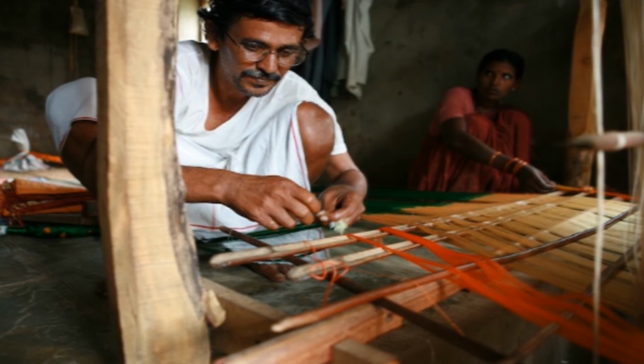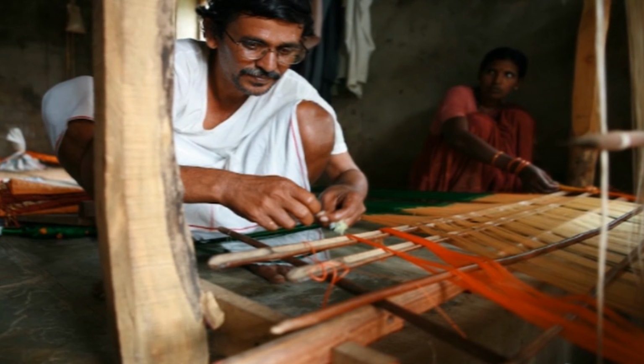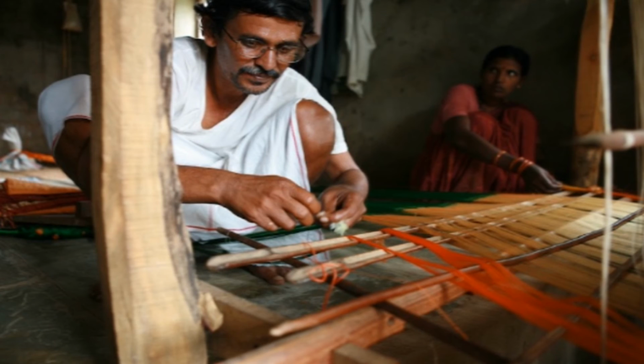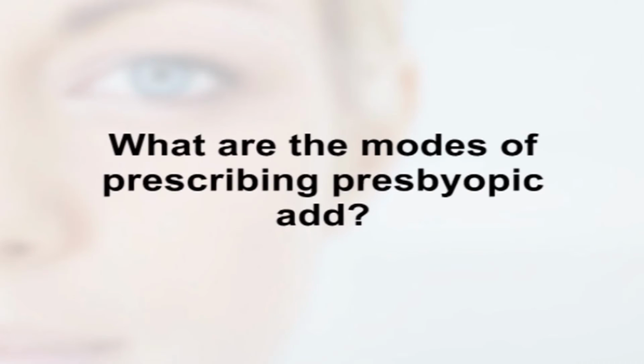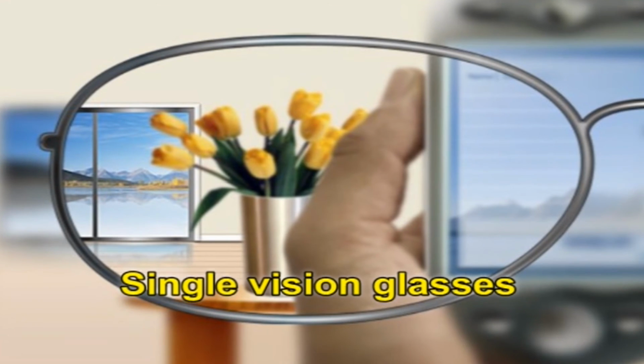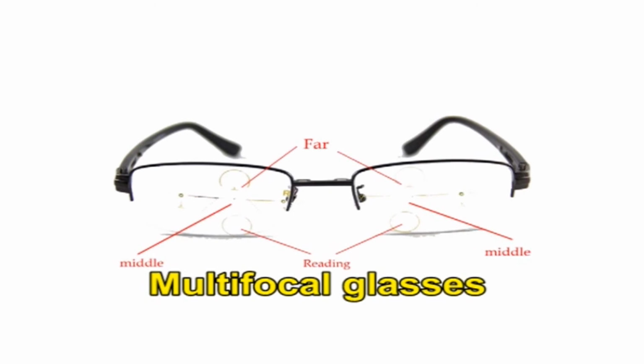So, our presbyopic patients can now see the distant objects without any correction and the near objects clearly with their reading glasses. So what about the intermediate distance? The intermediate add, which is 1/2 of the near add in general, is required to enable the patient to see the intermediate distance clearly. Now what are the modes of prescribing presbyopic add? It can be given as single vision glasses, bifocal glasses, or multifocal glasses. In case of single vision glasses, the patient has defective near vision only. So, the person using the glasses to read would require taking them off to look at far objects.